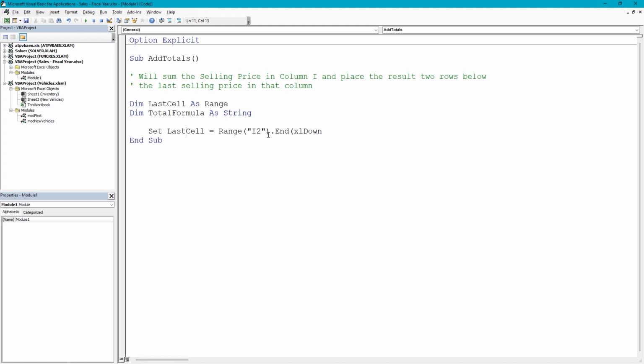So when it finds a blank, it's not going to select. So select all the numbers in column I is basically what we're saying, and make that the last cell object variable value. After xlDown, you have to do a closing paren. You're going to press enter, and you're going to type last cell dot select, and that will show on the list. So select that last populated cell in column I, enter,